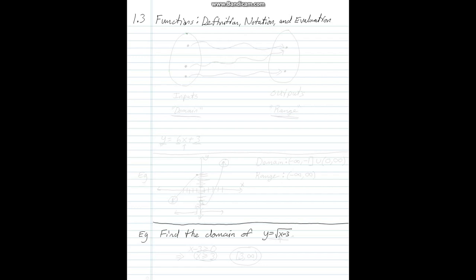So the general idea of a function is, by definition, a function is a relationship between inputs and outputs. The definition for a function is on page 24, definition 1.7. We define our inputs to be the independent variable, and our outputs are the dependent variable. Usually the inputs are x's and the outputs are y's, although those